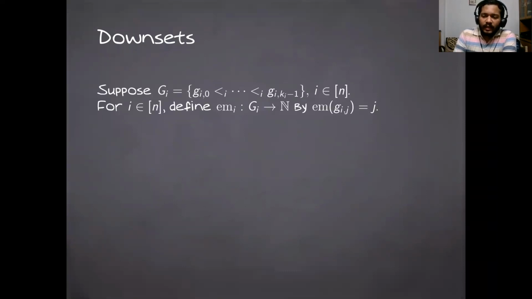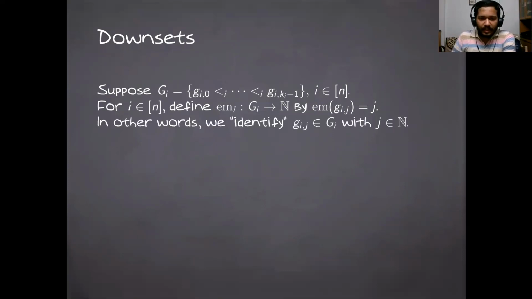So first of all, we need to get a neat hold over this grid, and a very convenient way to do that is to map this grid in a very natural fashion to the space of n-dimensional non-negative integer vectors. So in each Gi, we have this linear order. And let's say we have listed these elements, Gi0 to Gi,k-1. And we just map Gi0 to 0, Gi1 to 1, and so on up to Gi,k-1 goes to k-1. So this is an embedding map. In other words, we identify each of these elements with non-negative integers.